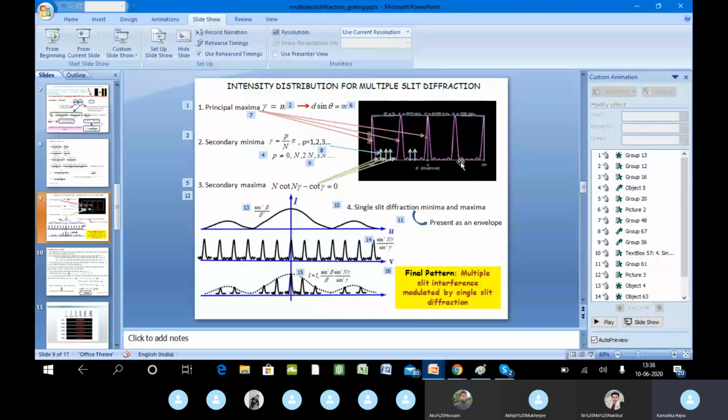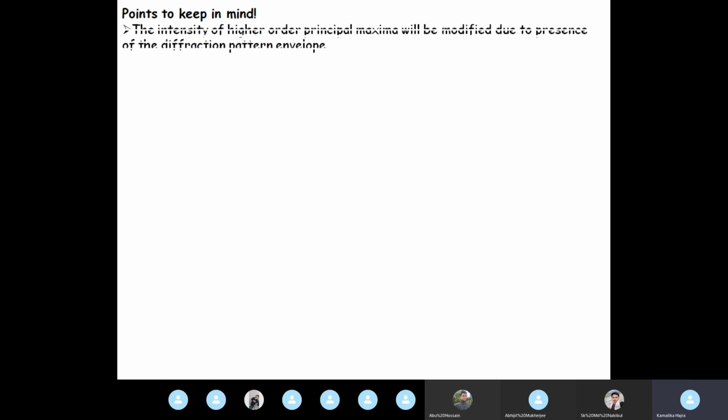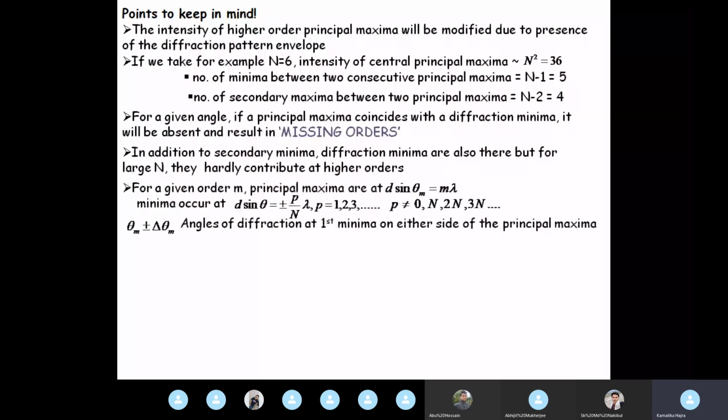Or if you go on this side, it will be theta m minus delta theta m. All right. So theta m plus or minus delta theta m is the angle of diffraction at first